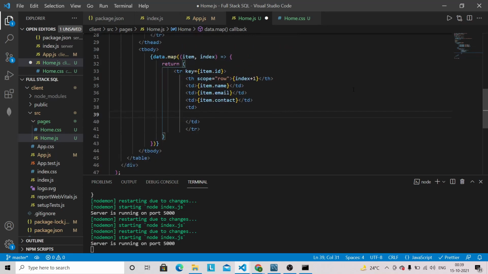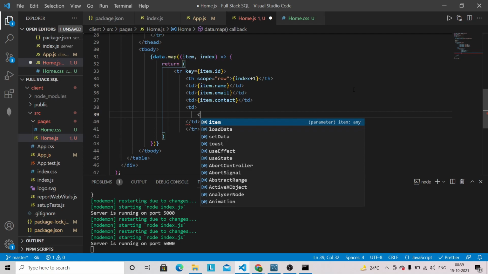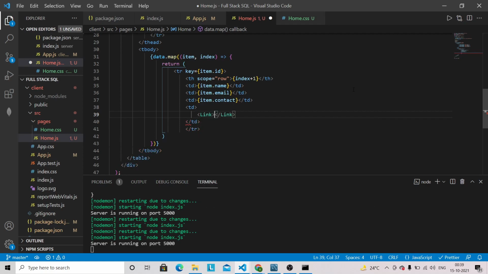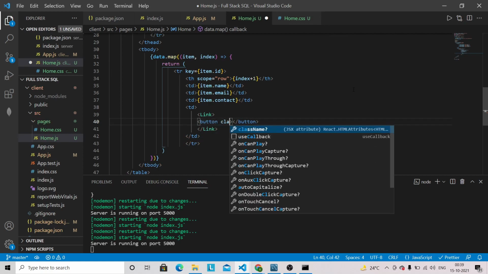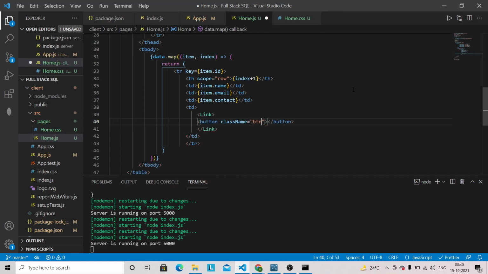So let's specify this one with the Link, because the first button will be the edit, so it will basically go towards the update page. So button with the class name btn btn-edit, and this will be the edit, and it will be navigating towards the update page.